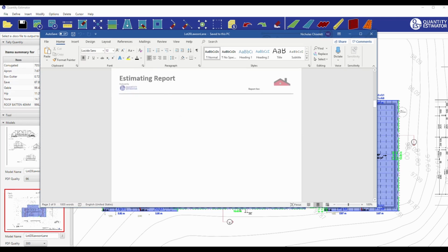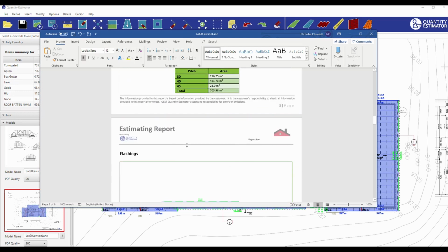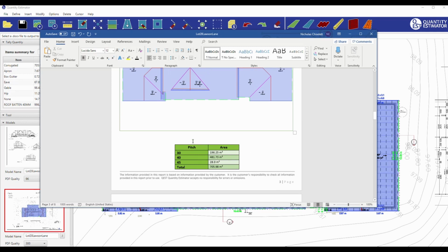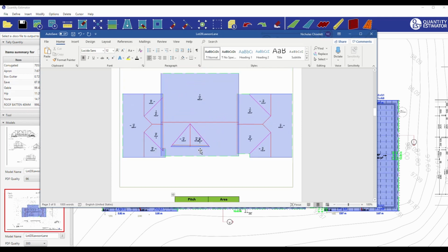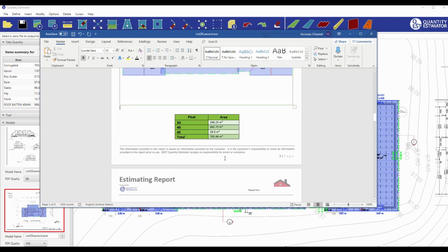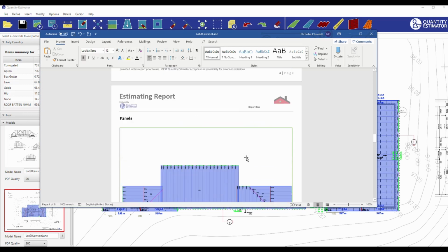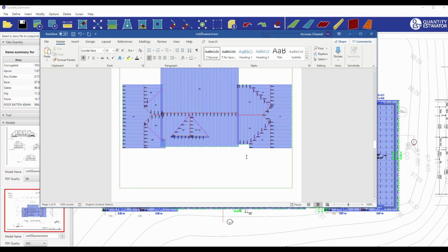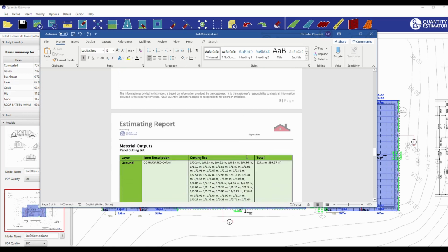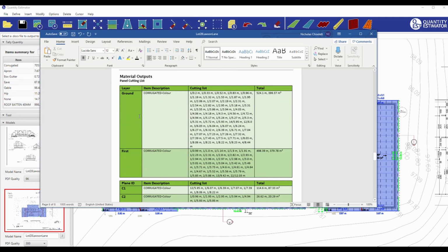Sometimes these images are bigger than you want them to be, and it might take the Word document a bit out, which probably would have been because of this pitch table here, so you can amend things and change them around. These have the identifier of each plane on there. Then there's the flashings page and panels, and then the report. So if we look at the first part of the report,